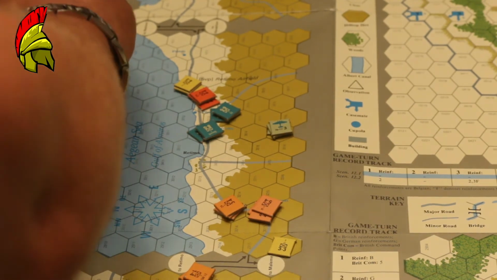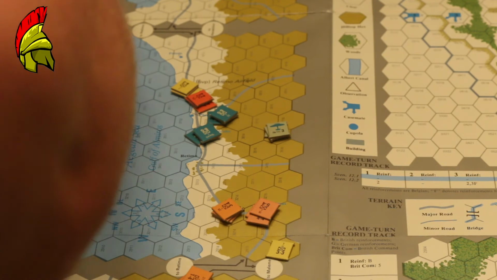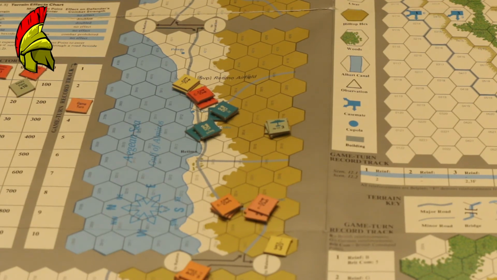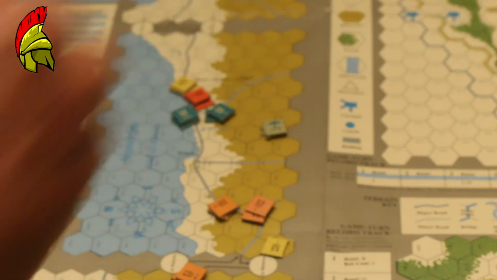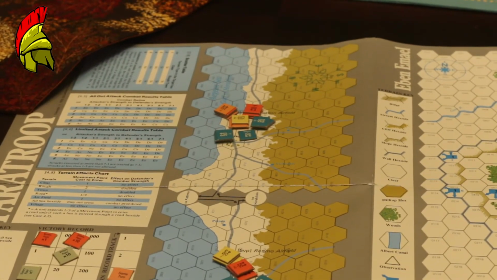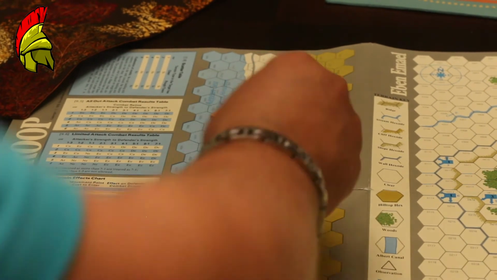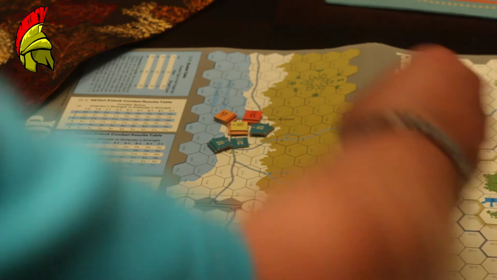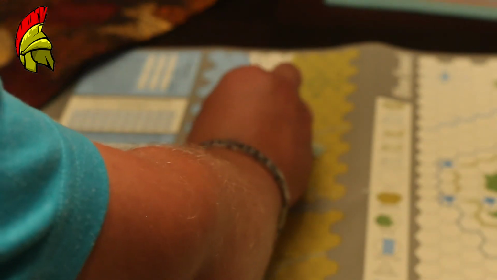All right, so Germans get 12 victory points there. And this one will move in. And we'll move up here. And let's add some aircraft. Add 6 points. 6, 12, 6, 8, so that's 14, 20, 28, 34, 40, 46